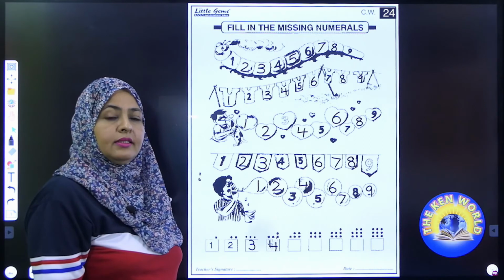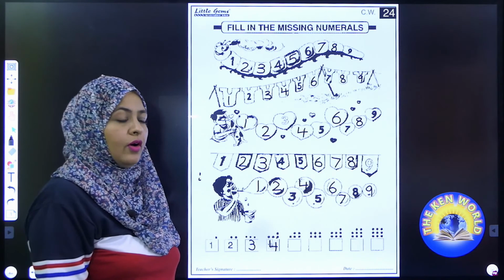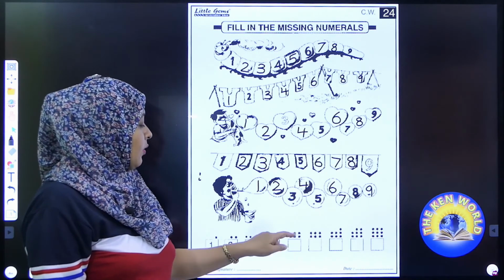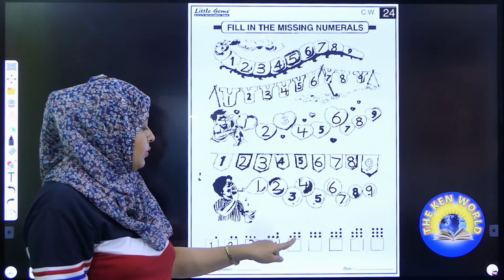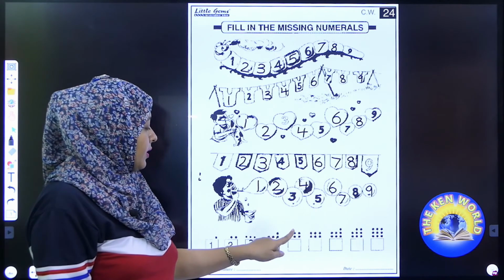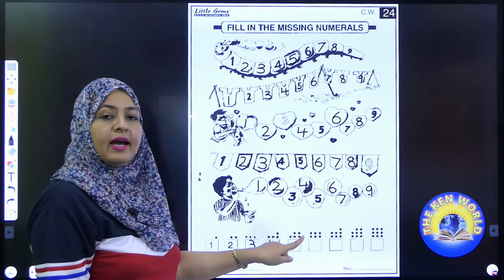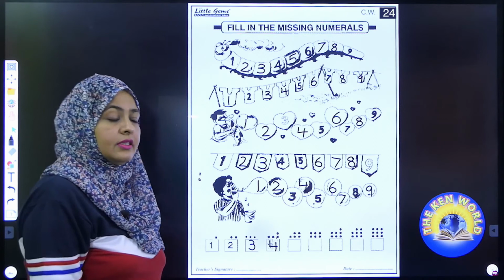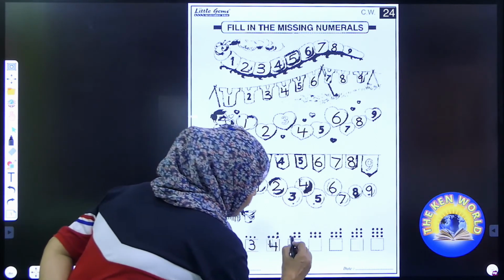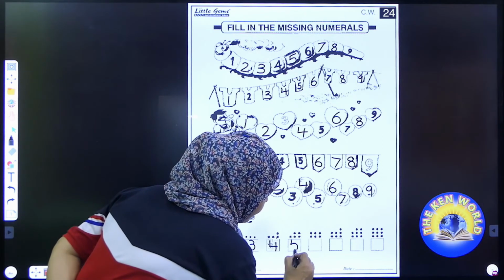Have you done? Now move on. Now count with me. 1, 2, 3, 4, 5. Here we have 5 dots over this box. So you have to write here number 5.